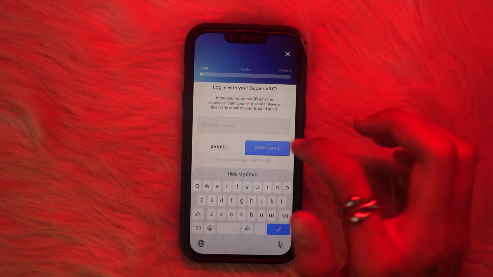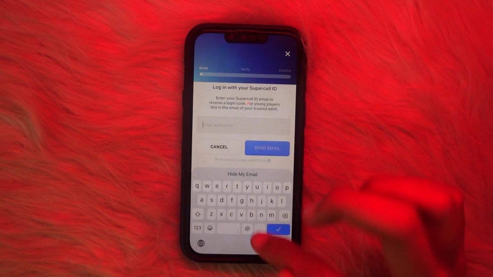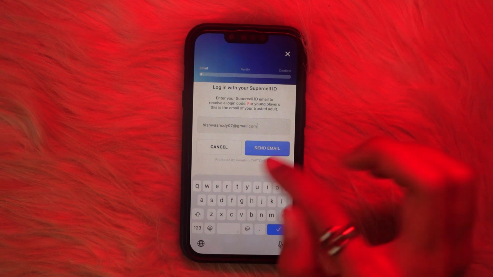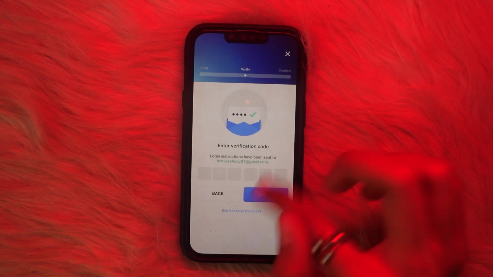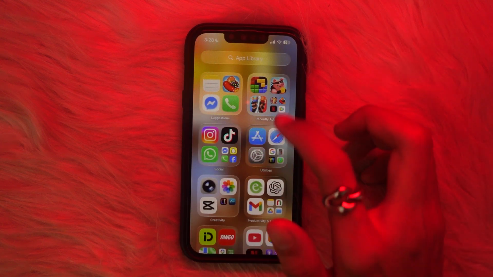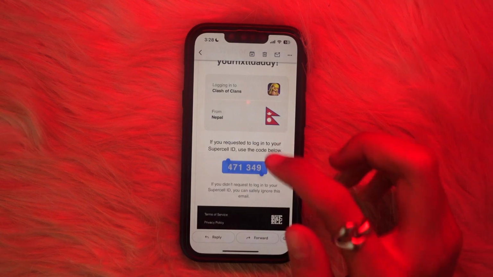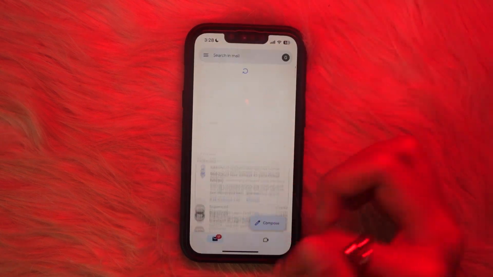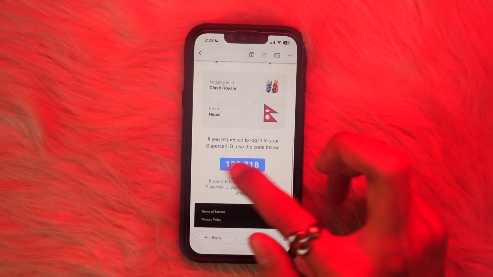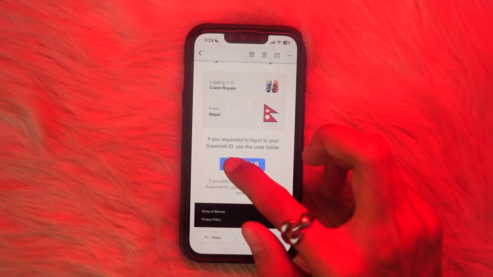enter your email address over there and then tap on send email. I'll just show you by doing it. And then tap on the send email button, and they will send you a verification code on your Gmail. Just go and check your Gmail. Let me just go back, and this is my login code. I'll just copy it